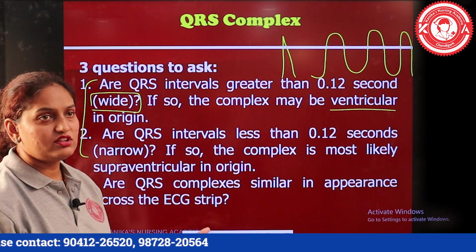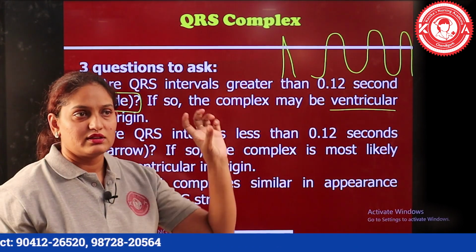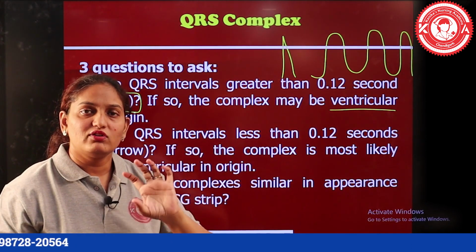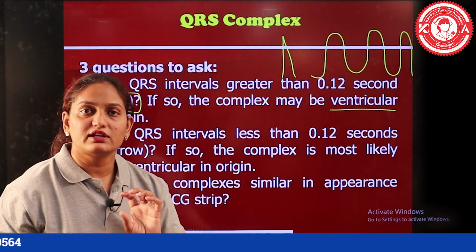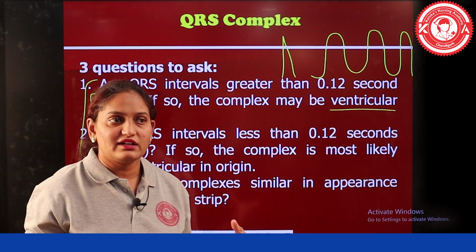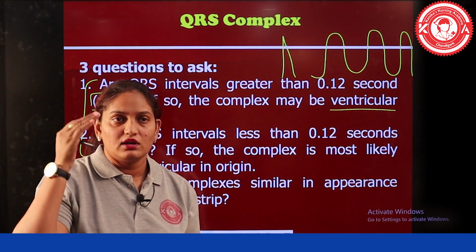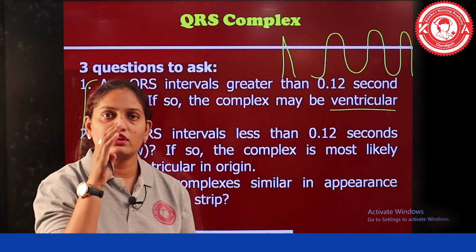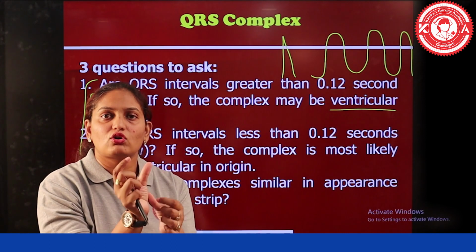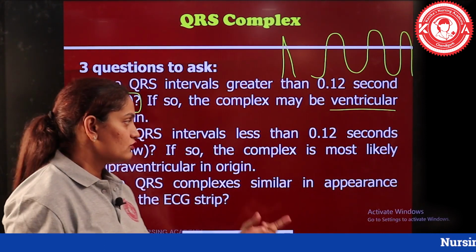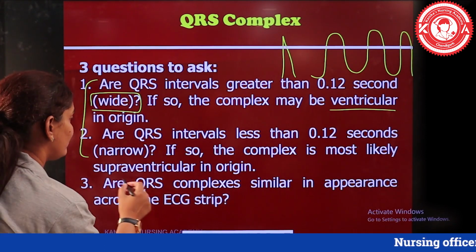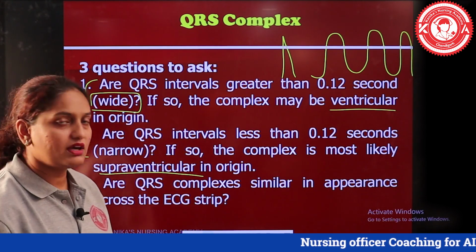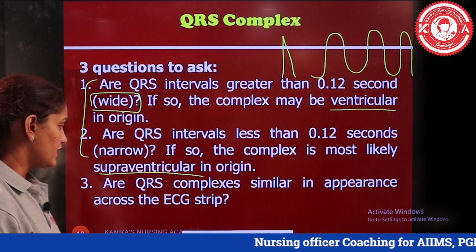in the previous slide we have seen that when the SA node is not functional, the impulses would be coming from anywhere in the atria or directly from the AV node. So in that case the impulse would reach the ventricles very quickly, and the QRS complex will take a very short duration to be formed. So narrow complex tachycardia is found in supraventricular, that means above the ventricles, dysrhythmia. Which one is it? Atrial dysrhythmia.